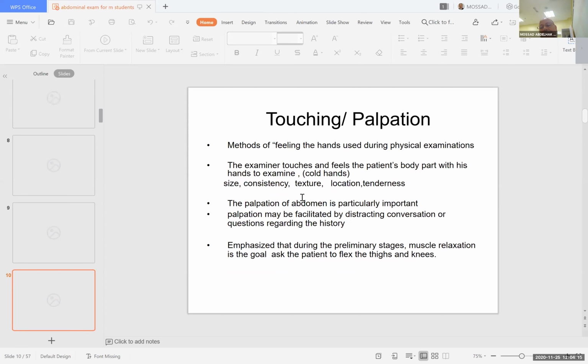During palpation, take care throughout your whole clinical examination. You are not allowed to give pain to the patient. So you must ask his permission, and you must ask again, does it hurt you anywhere? And even if he says no, you must look at his face. Maybe he is suffering under your hand, which may be strong, which may be cold, whatever. So you must take care about that. You must be sympathetic. Your hand must be warm.